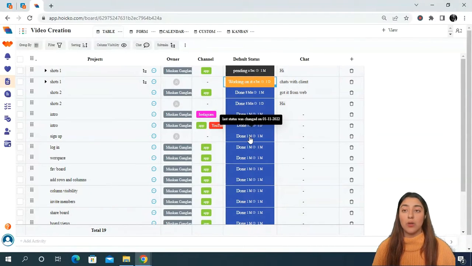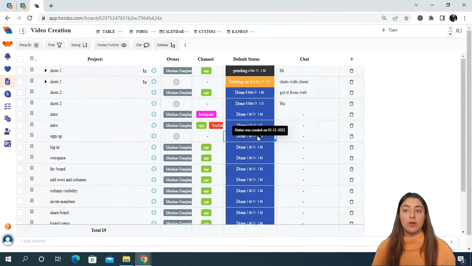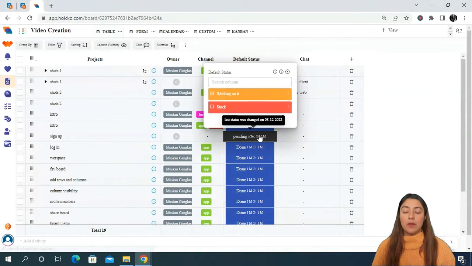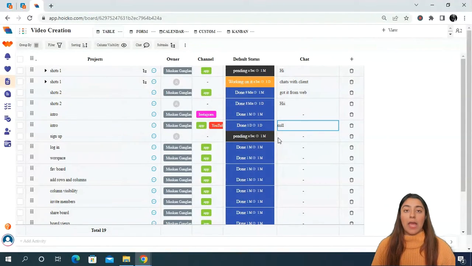Like this, now no team member can change it when you have put the validation. Over here also it's not being changed, so I'll be putting it as pending. Pending was when nothing is there, it can be pending. And then like this, you can put any of the validations you require, and put as many validations as you want in whatever status you need.